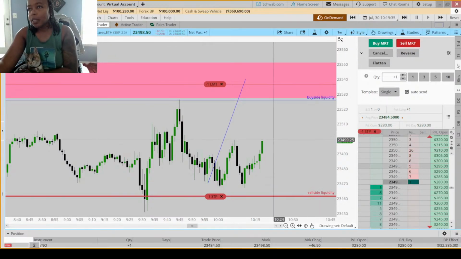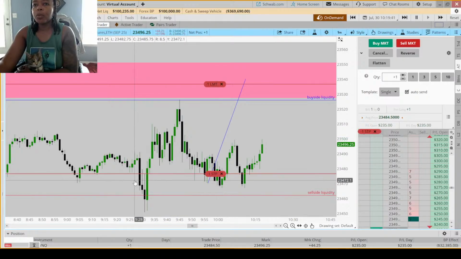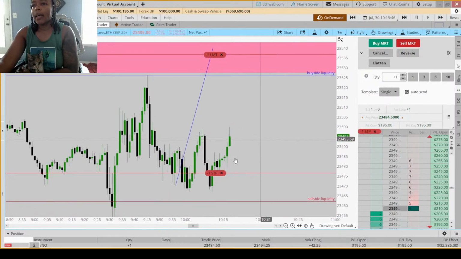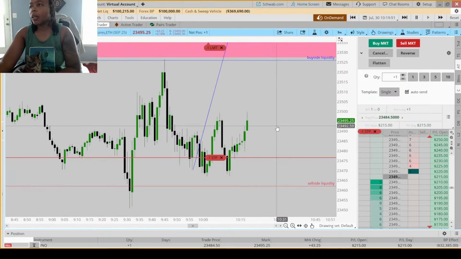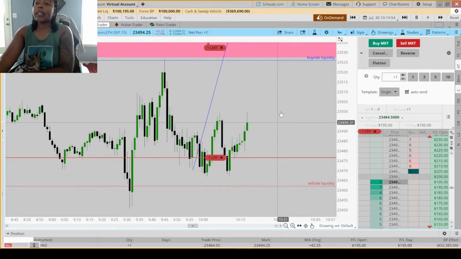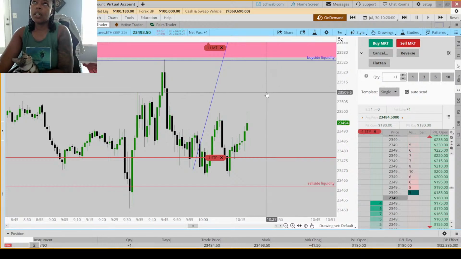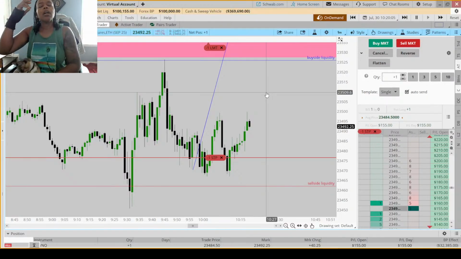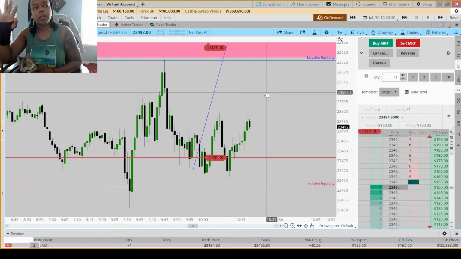Okay, so we just tap that. So now I would be moving my stop to just above break even, which would be for this midpoint right here, just below this low, and this order block, really. More than 50% of that order block. And then I would just let it ride. Honestly, and also once it hits like 500, I would move to, and I really need to stop doing that, right? I need to just work with the setup and nothing else. Something else I need to work on, right? Work with the setup and nothing else.